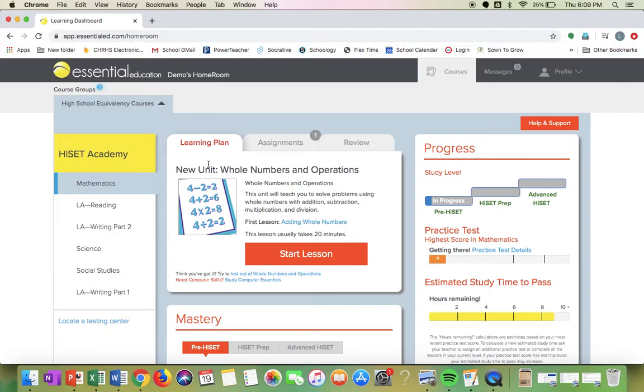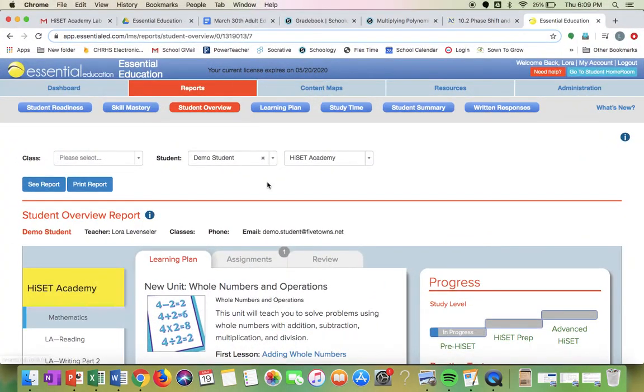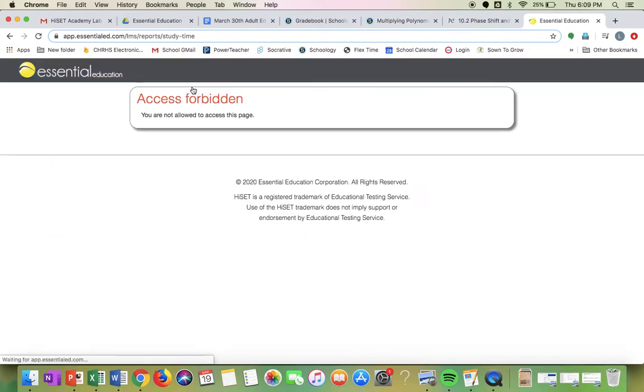And just really quickly, on this particular page, I'm logged in as myself, as the instructor. If I want to see what a general homeroom looks like for a student, not any student in particular, just in general, I can click on this blue tab at any point that says go to student homeroom. And it will show you what the students would see as they log in. But if I want to see for a specific student what they might have to work on, oh,